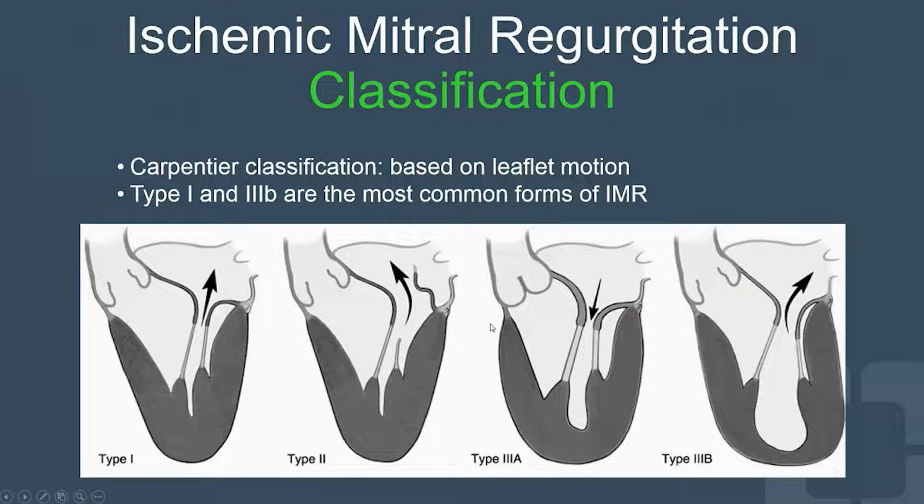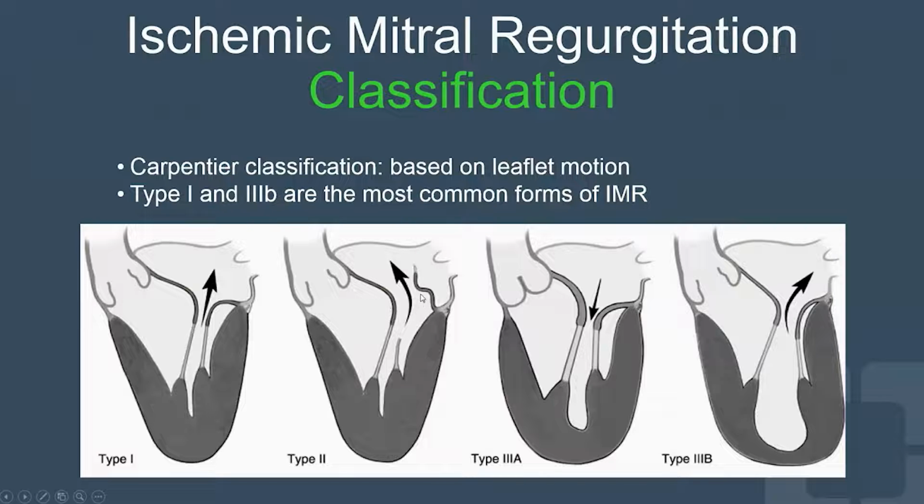So for mitral regurgitation, you have a classification, and this is based on the Carpentier classification. Type 1 is a functional regurgitation, where you have a normal leaflet structure, and you have a leak that goes in between the leaflets. Type 2 is when you have excessive leaflet motion. So the mitral valve leaflets